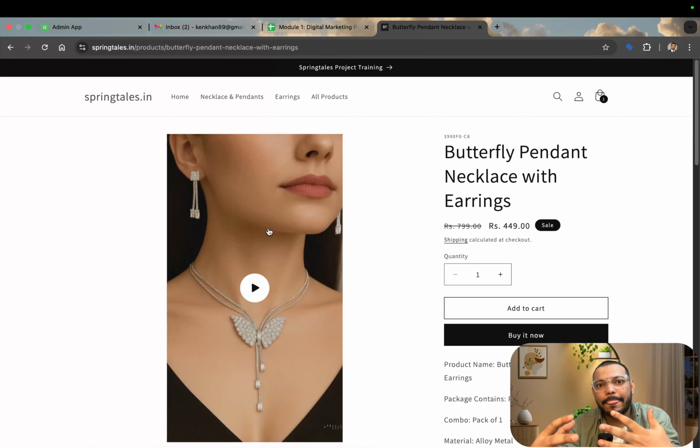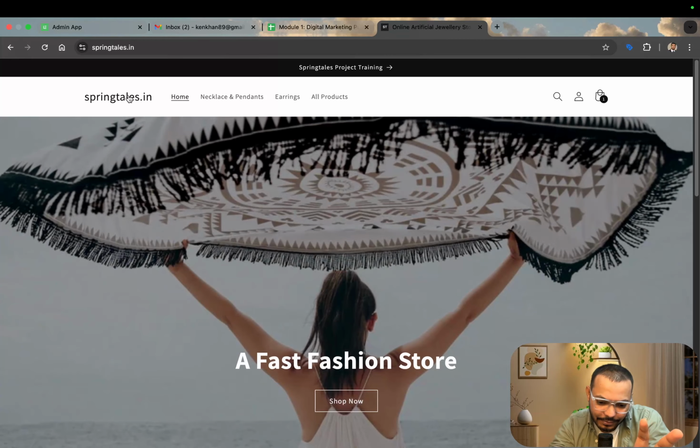Now, we have different ways of pulling up the audience of any particular company, of any particular brand. But then this is needed way before launching the campaign, way before you think about launching a search campaign, display campaign, maybe a product catalog campaign in Meta, a conversion campaign in Meta. You need to have that audience available.